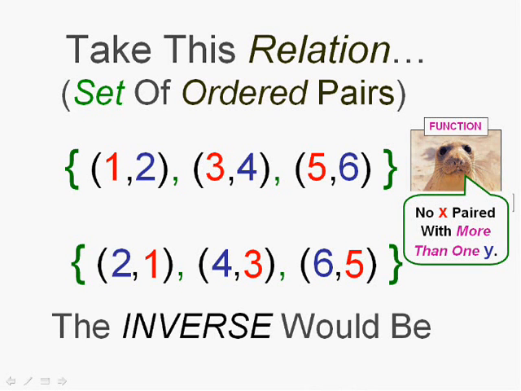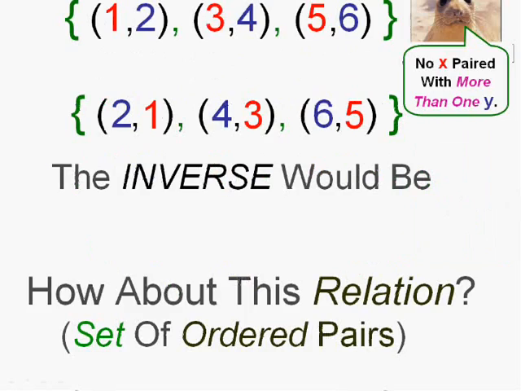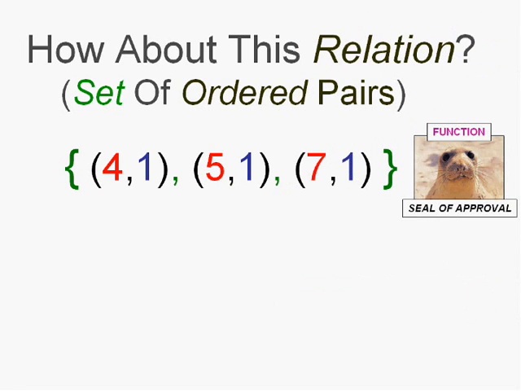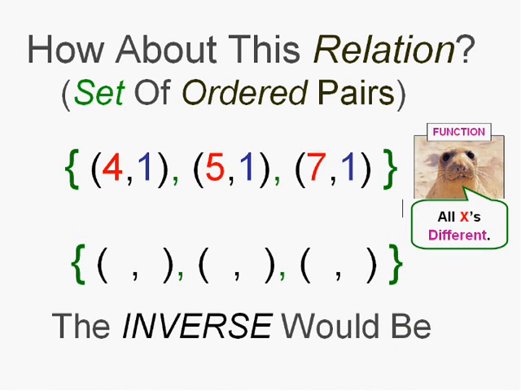Now, this isn't always that simple. Let's look at this relation. Every x is paired with only one y, so it is a function. It does get the function seal of approval. All the x's are in fact different. If we tried to find the inverse of it, basically by flipping the x's and the y's,